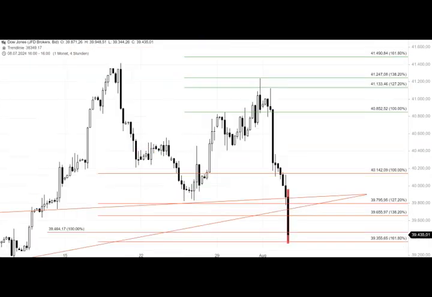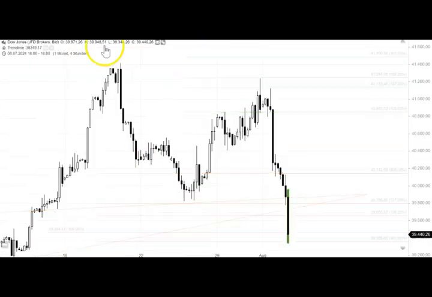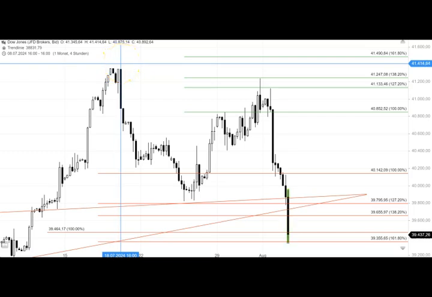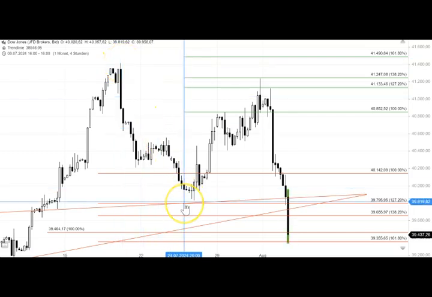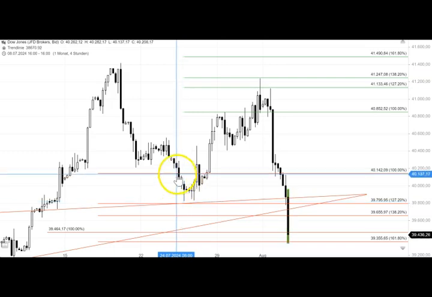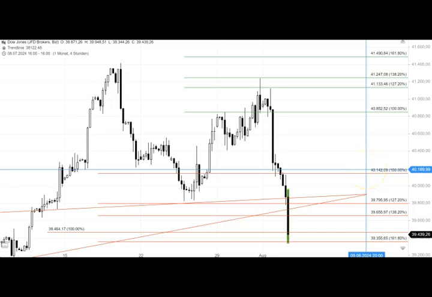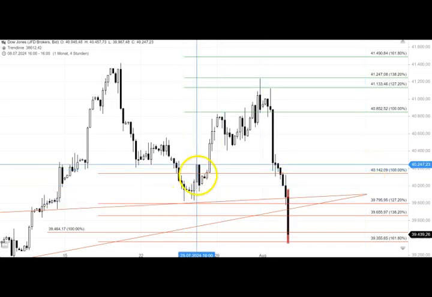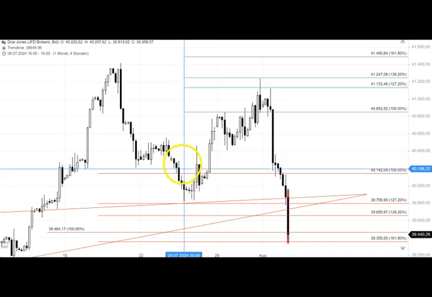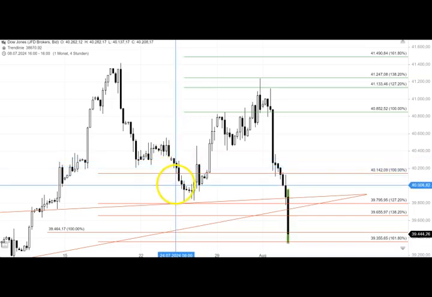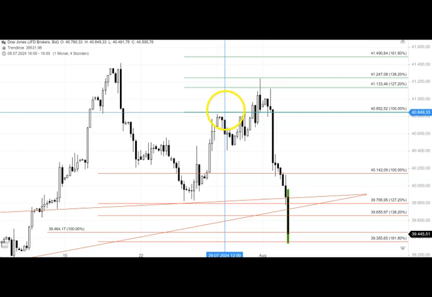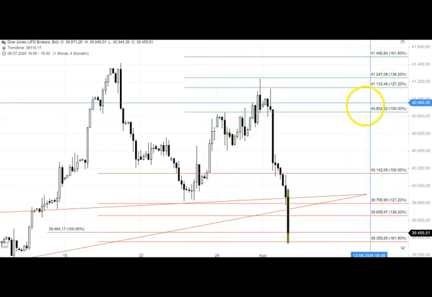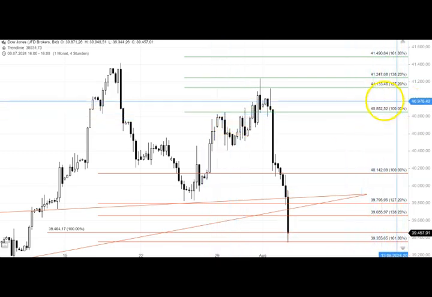Here we got the Dow Jones. You see the all-time high at 41,414. Then we had the first leg down into that 39,800 area. We were triggering right here that red sequence at 41.42, and then, after usually that triggers, we might see the same today by the way, we were rallying up, we were configuring that green sequence here at 48.52 quite early.